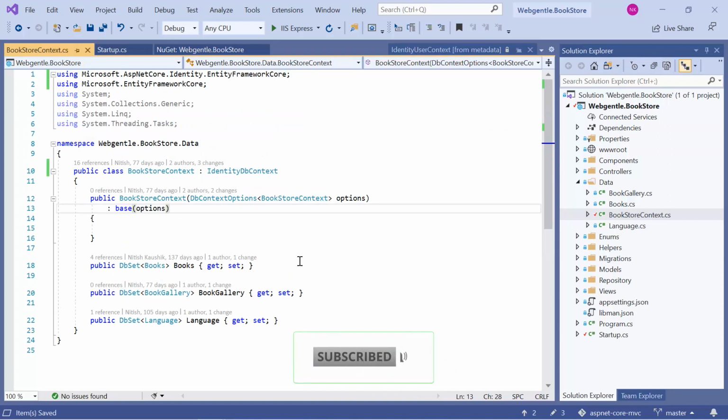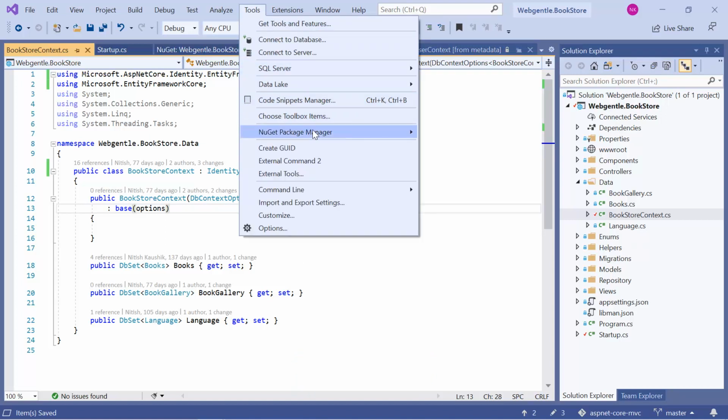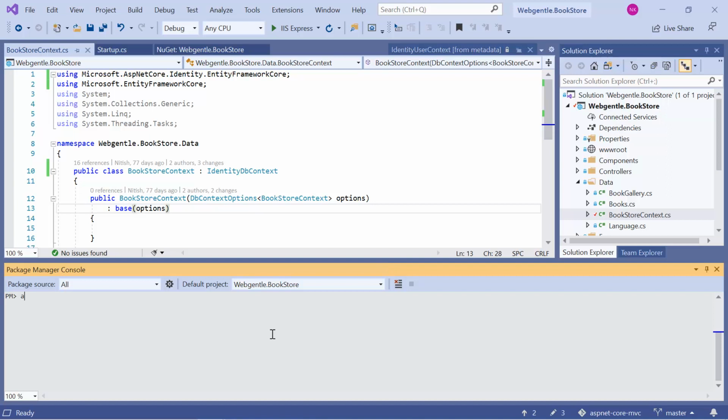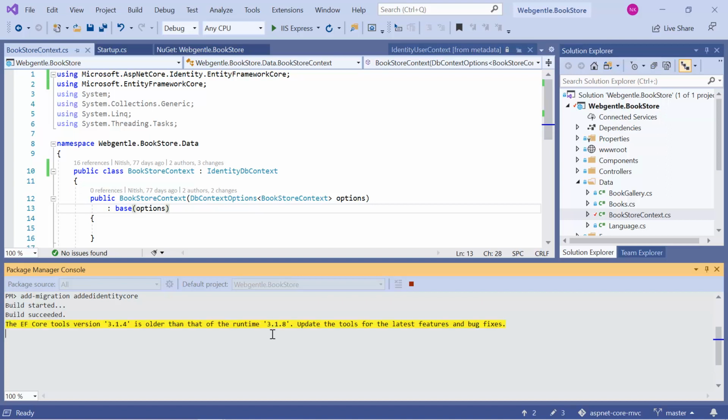In order to generate all the tables, we need to add a new migration script. Let's add the script. Go to Tools, NuGet Package Manager and choose the console. Here we need to write Add-Migration AddIdentityCore. Let's click on the enter button. This will build your application and add a new migration in the Migrations folder.